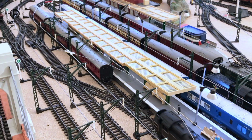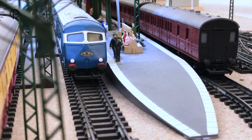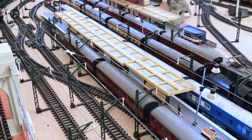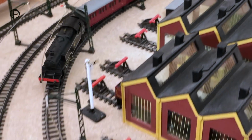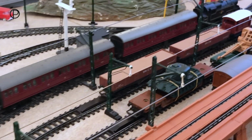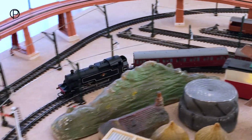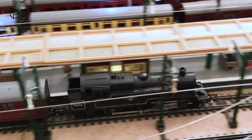Now just approaching this short rake of Suburban coaches, which is made up of two R121 Suburban composite coaches and a single R120 Suburban brake coach. Both of these coach types were available between 1956 and 62. Doesn't she just make a fantastic sound? Very Triang. We'll just bring her up to the station here to a gentle stop, and we'll have a closer